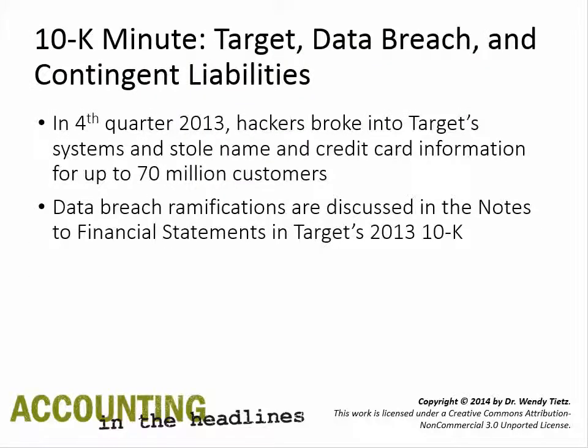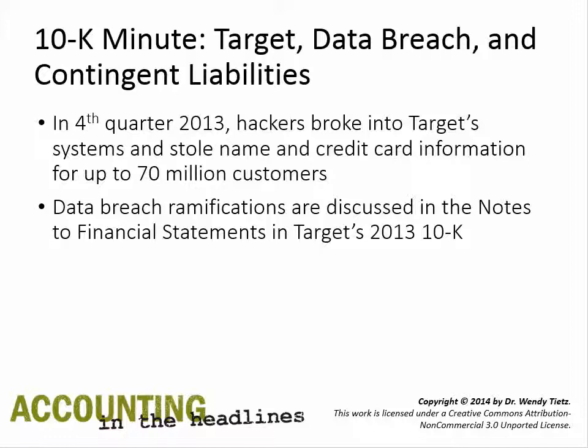Background. In the fourth quarter of 2013, hackers broke into Target Corporation systems and stole the names and credit card information for up to 70 million customers. This data breach is among the largest data breaches in U.S. history, and lawsuits against Target Corporation are being filed by several parties, including customers, credit card companies, state attorneys general,